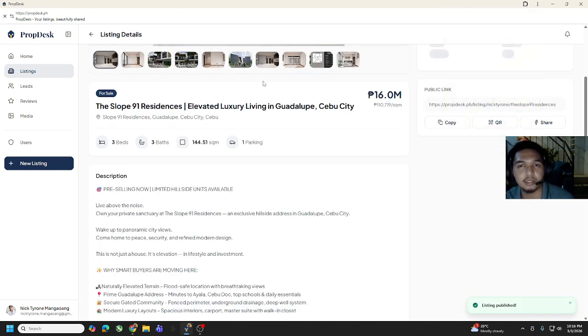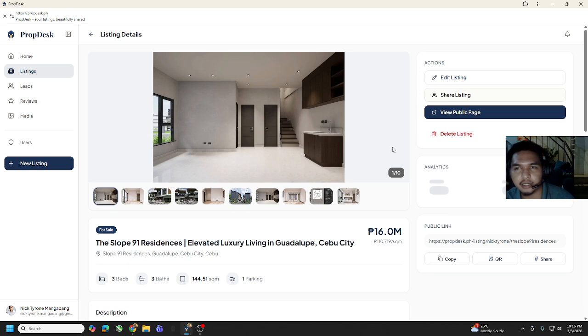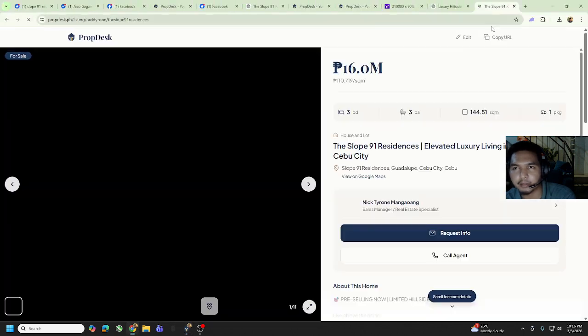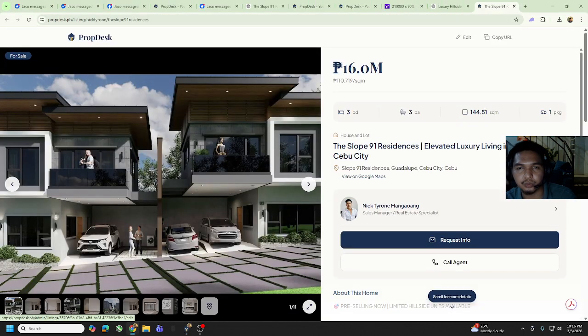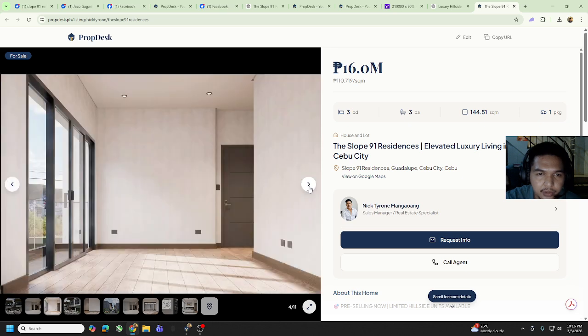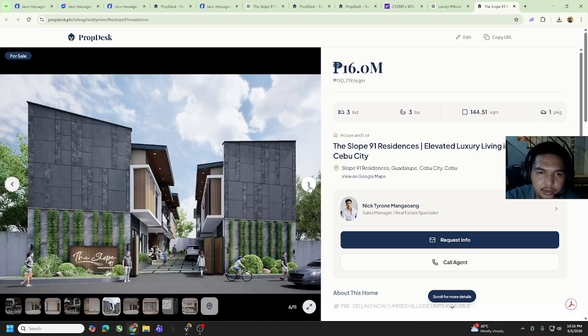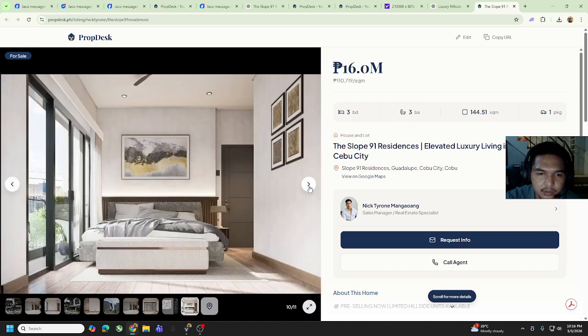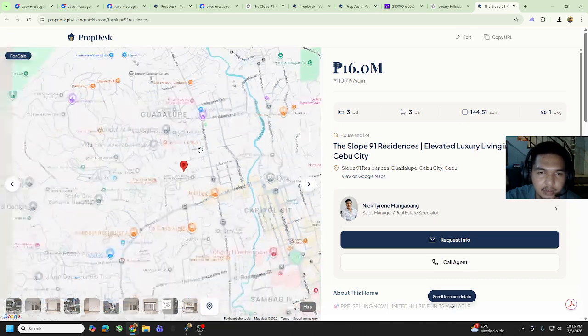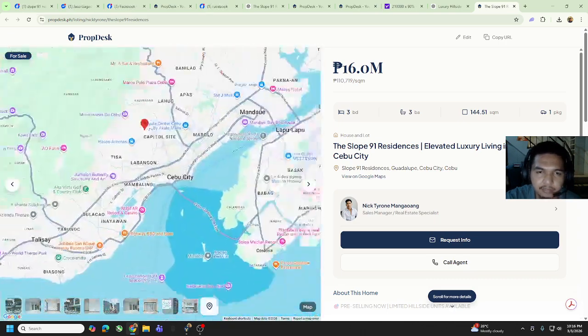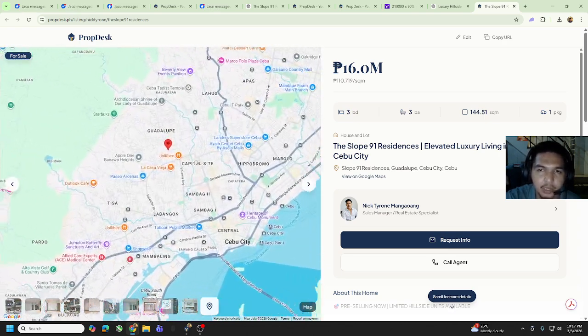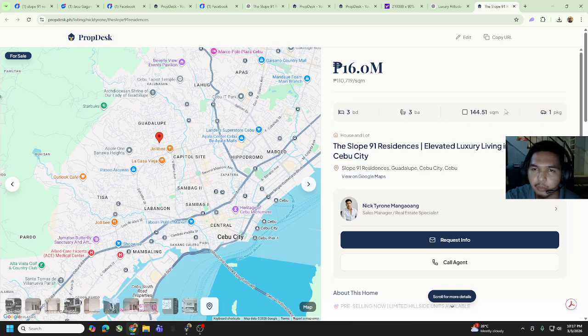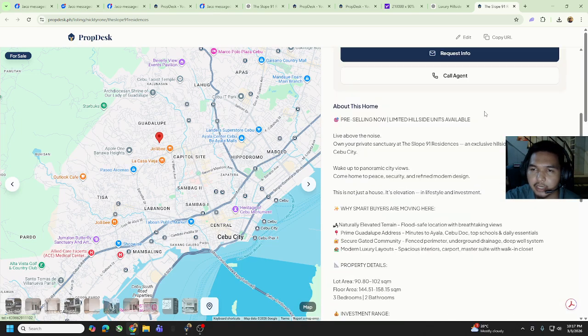Okay, so this is the agent view now. Let's go to the public page. The public page is the client view. This is what your client will see. They will see the photos. Then they can see the Google Maps, so they can navigate through here. Now the good thing with this app is that whenever they're checking on this property,